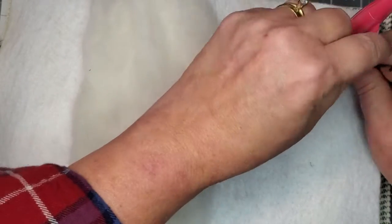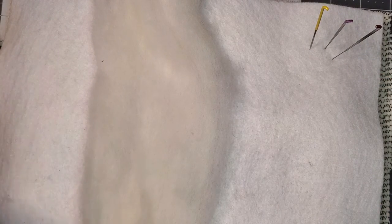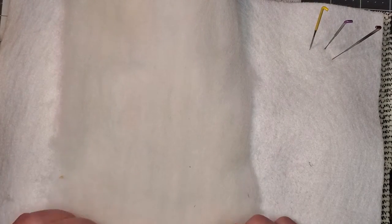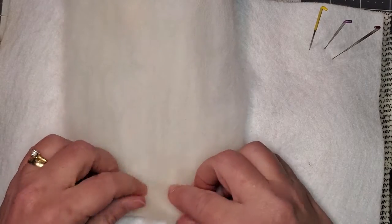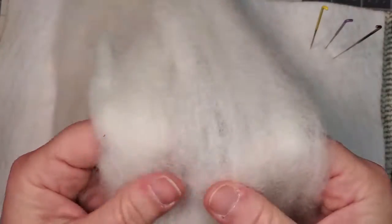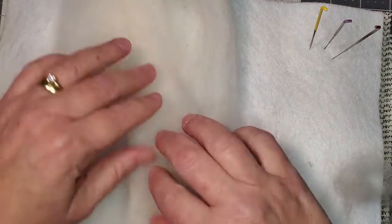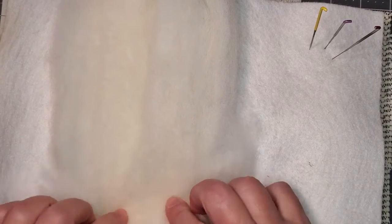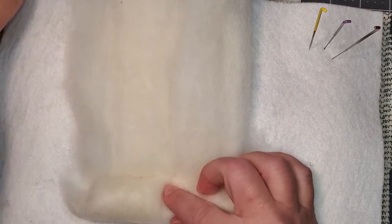Move these out of the way. Let me get another piece here. Let's see, that's a little bit wider, because I can always narrow it down. So what I'm going to do here is I'm going to actually, let me put a piece down the middle here, because I'm tucking the sides in a little bit, and it's going to make it kind of thin in the middle. See, as you make it up as you go, you never know what's going to happen. So I'm just going to roll and tuck in the edges a little bit here,